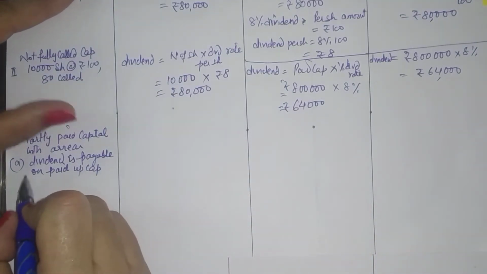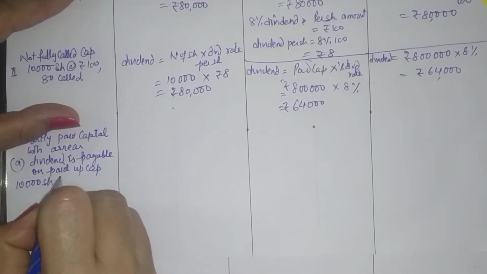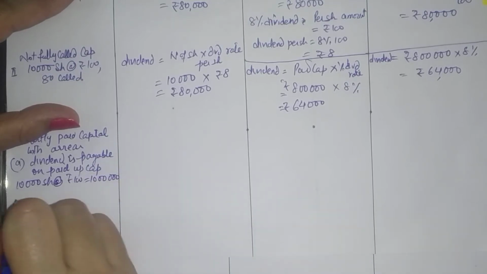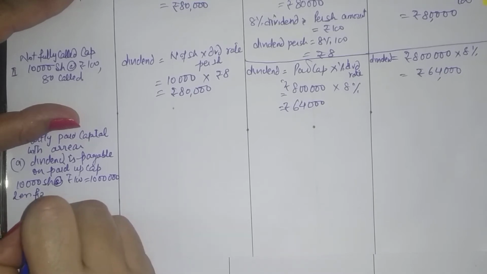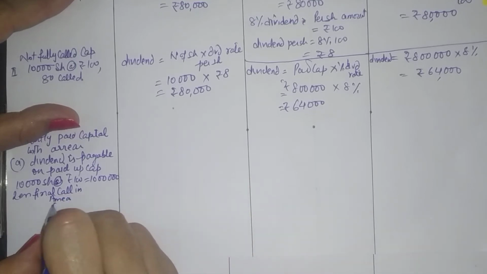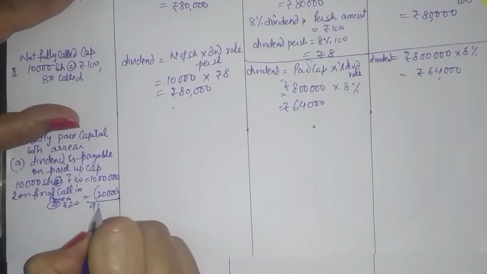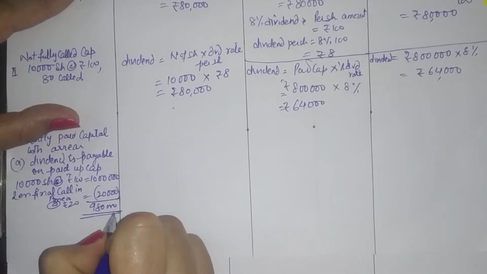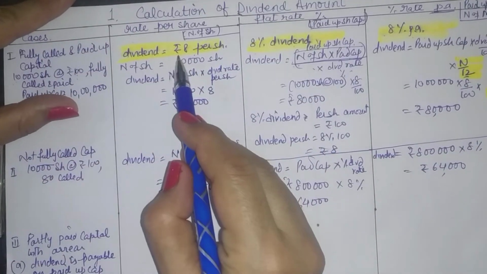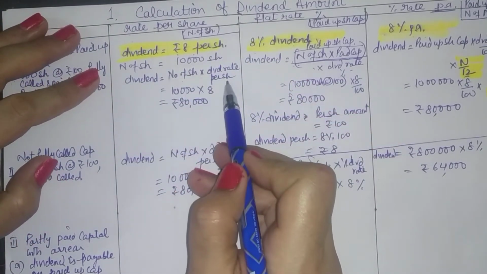So when we have partly paid capital with the arrears, suppose you have same capital of 10,000 shares of 100 rupees each, that is 10 lakh rupees of capital, less you have final call of arrears at the rate of 20 rupees, say 20,000 rupees. So your share capital is 9,80,000 paid. Now when we have rate per share being given, now per share is still having the same formula, that number of shares into dividend rate per share.